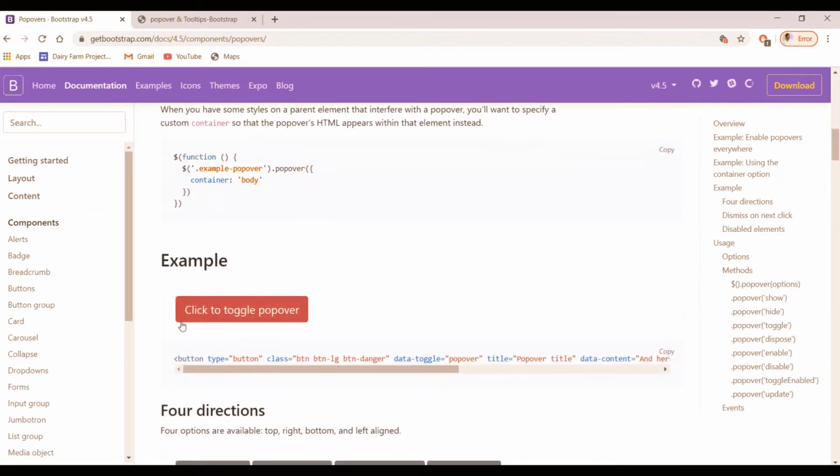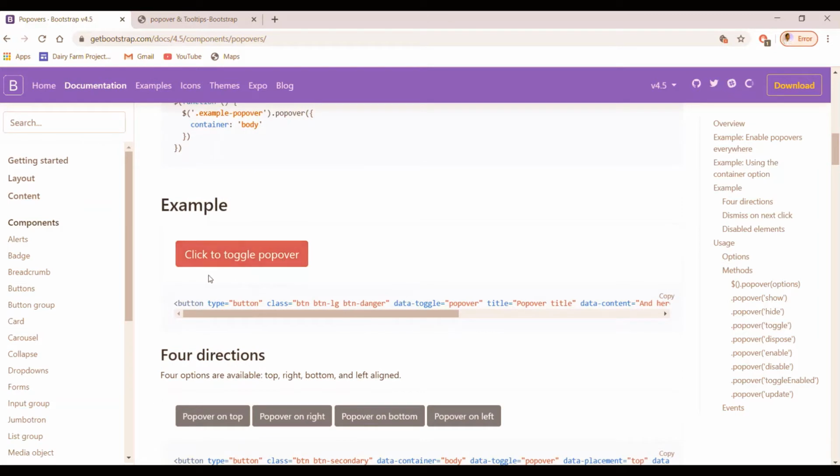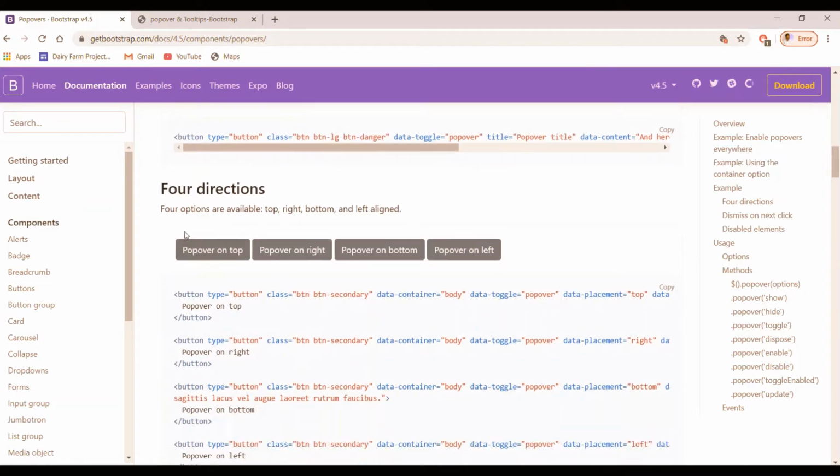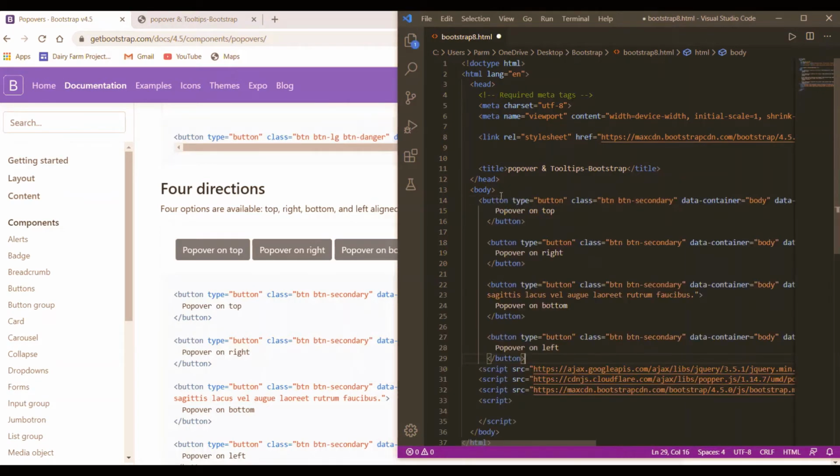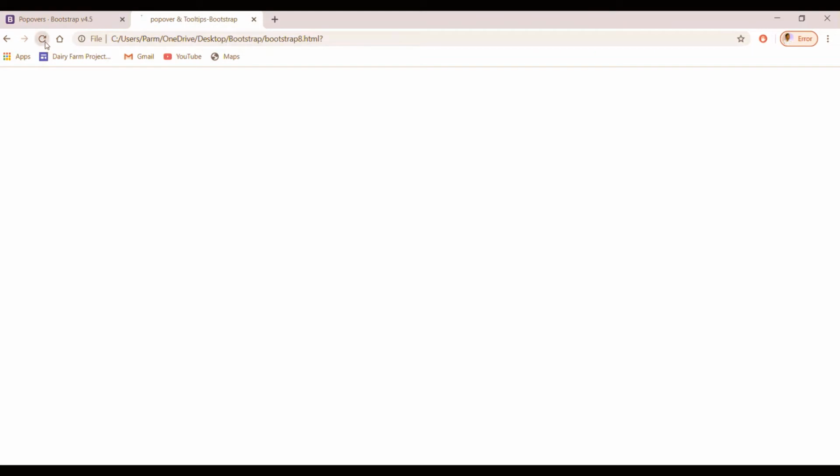So we just take this example, click to toggle popover, or we can use this example, four direction popovers. So here we go, copy this content from here, then we go to this, and here we paste it, save the changes, and refresh it.